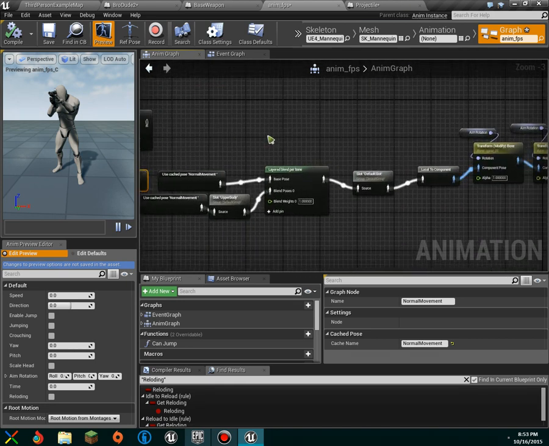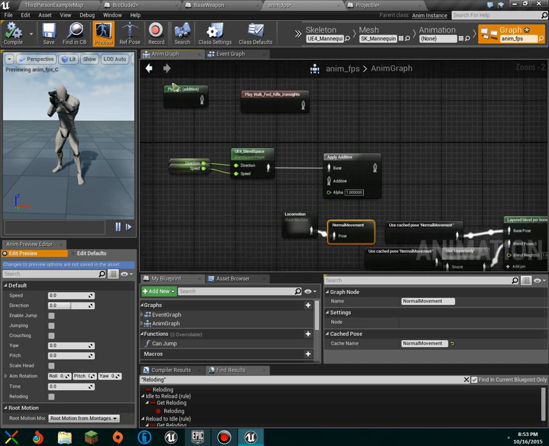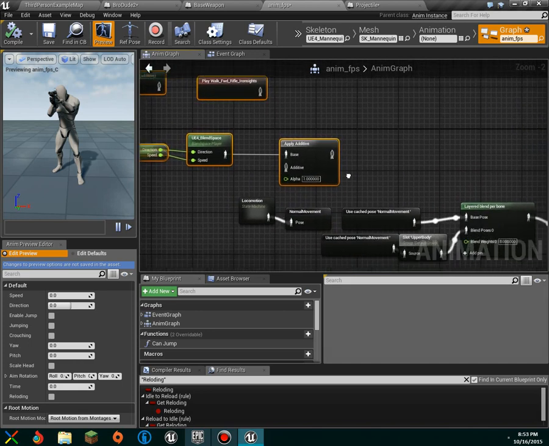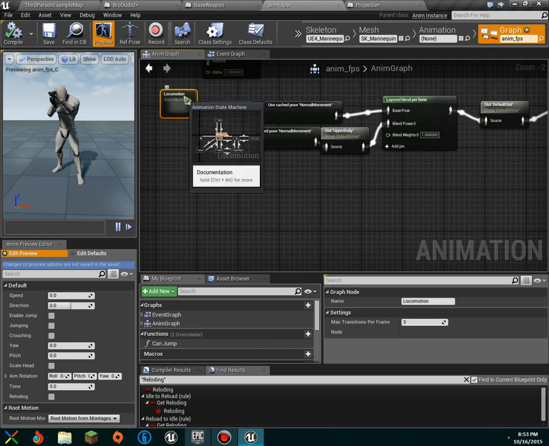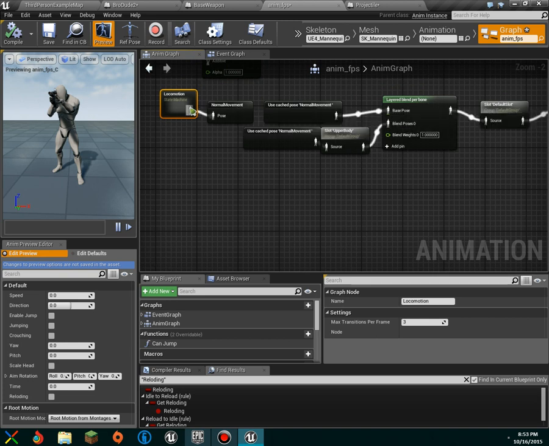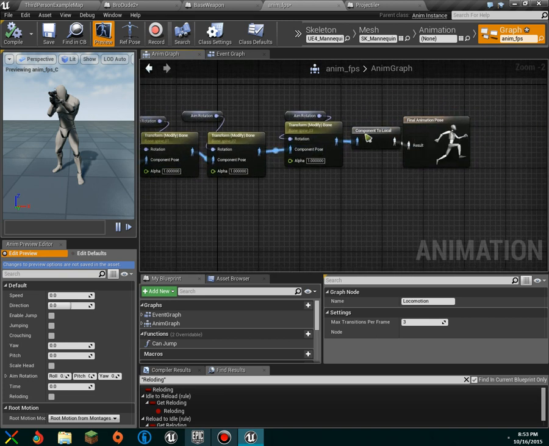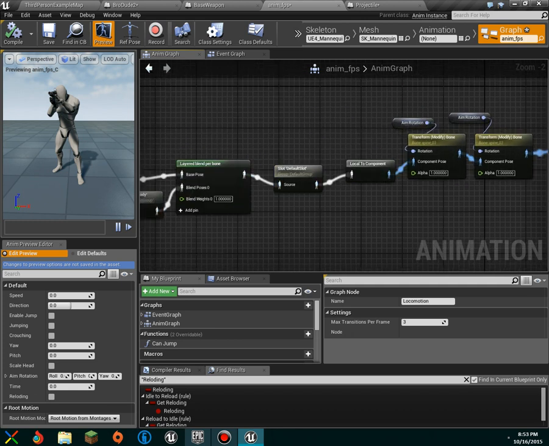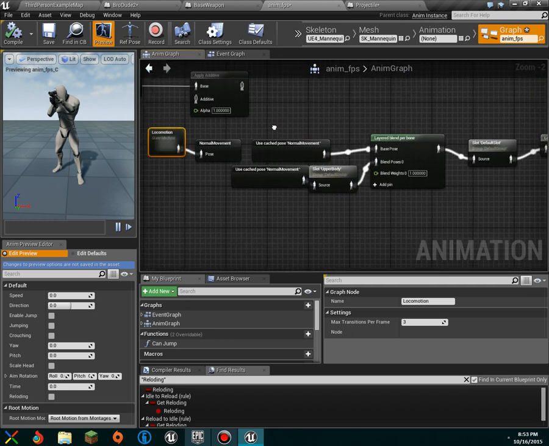Dang, guys. Anyways, so this is my new aim offset. This doesn't really need to be here, but I have that there just in case I want to switch over. So it's using our locomotion. I don't know why it does that zoom in, zoom out thing. It does everything that references an image like that. I hate it. Does it do that to something else? I thought it did. I don't know. But yeah, so pretty much what we have here is